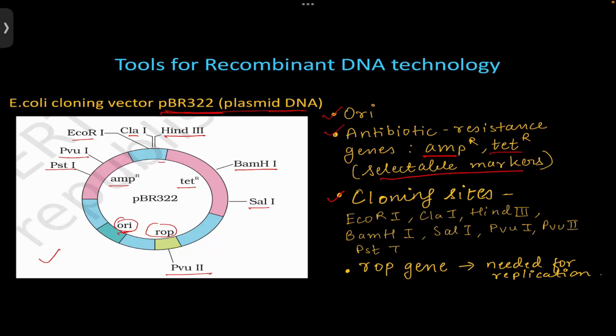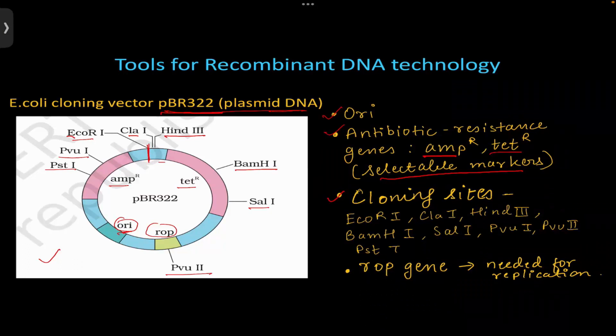They are distributed all over the plasmid vector. You should know that whenever this plasmid vector is exposed to any particular type of restriction enzyme, say when it is incubated with the enzyme EcoRI, then the plasmid vector will be cut